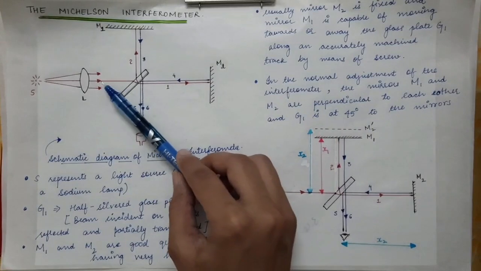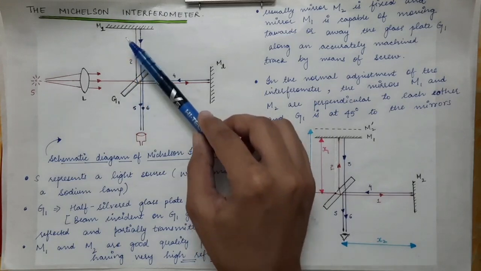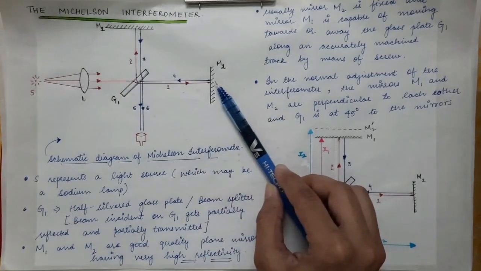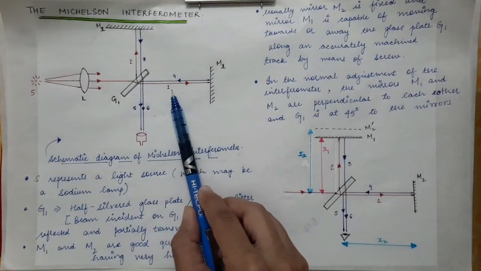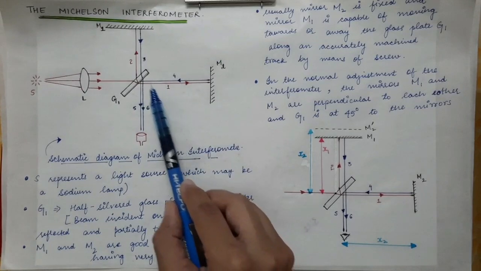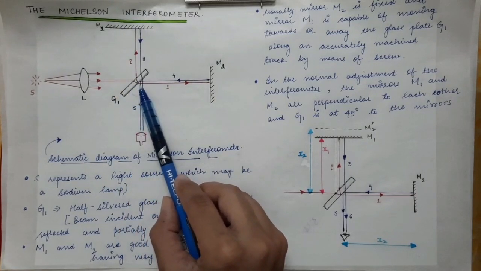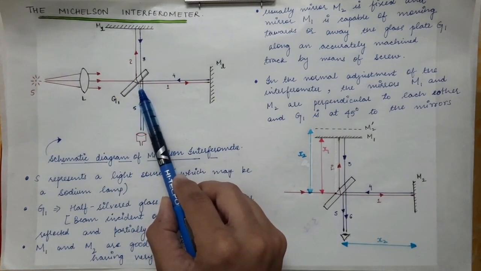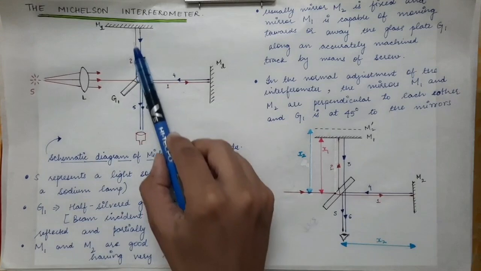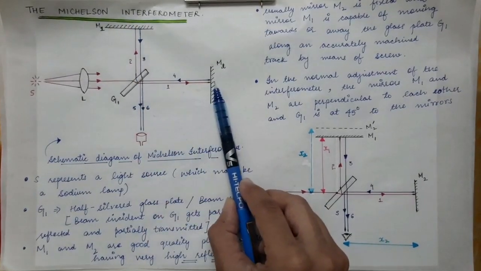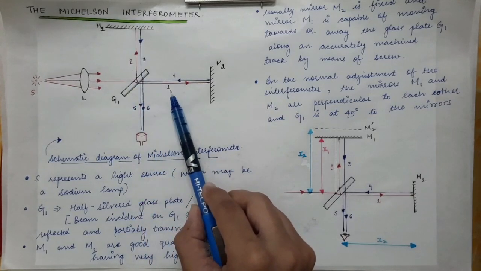Now the light ray which is incident on the glass plate gets separated into the reflected ray as well as the transmitted ray, which are shown in red color. The transmitted ray is shown by the number 1. So ray 1 is the transmitted ray, and ray 2 is the reflected ray. The light incident on the glass plate gets reflected from the rear side of the glass plate, which is half silvered, and it will also get transmitted. This ray is represented by number 2, and this is ray 1.